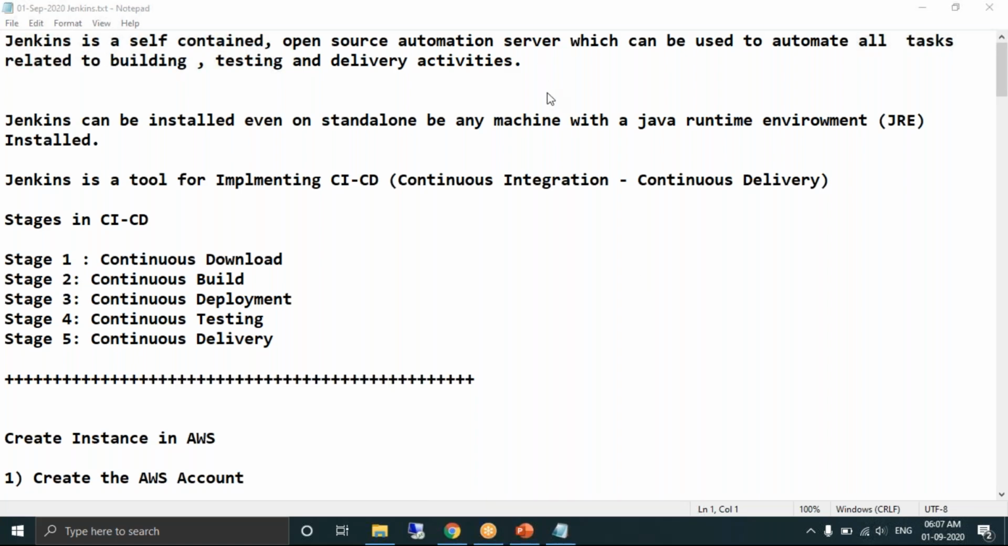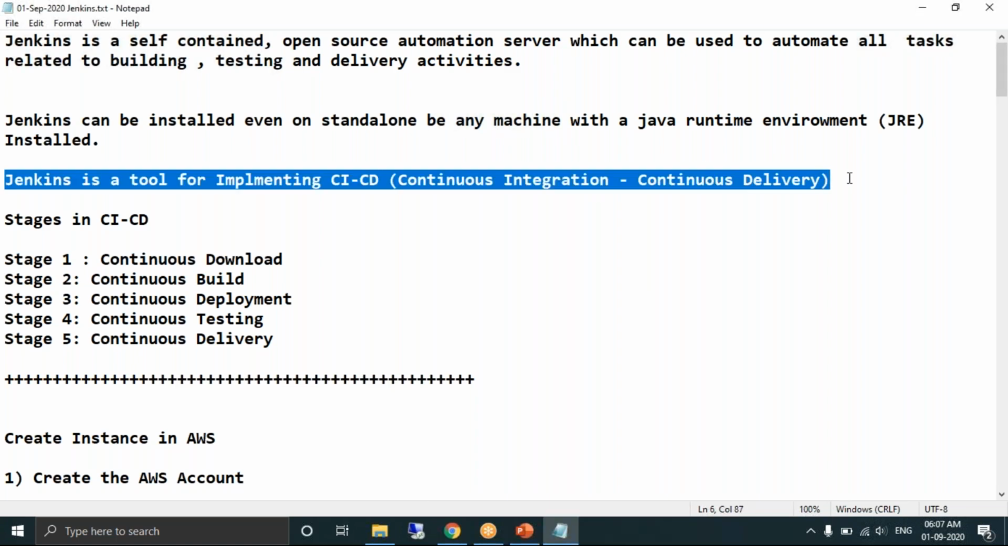What does CI/CD stand for? Please have a look at the notes. CI/CD stands for continuous integration, continuous delivery. Jenkins helps in performing the CI/CD process, continuous integration and continuous delivery. That's why it is called CI/CD. Now, what is continuous integration? What is continuous delivery? Anyway, we are discussing that in this session. Now, Jenkins is a self-contained,